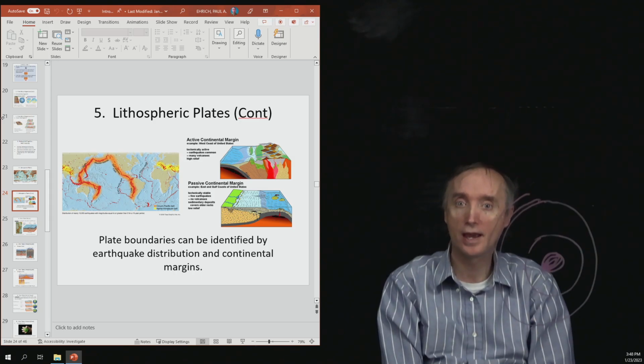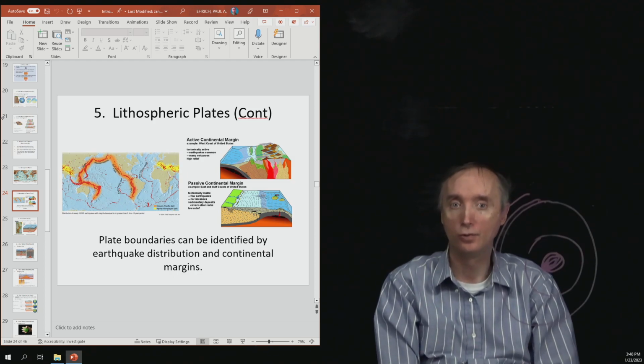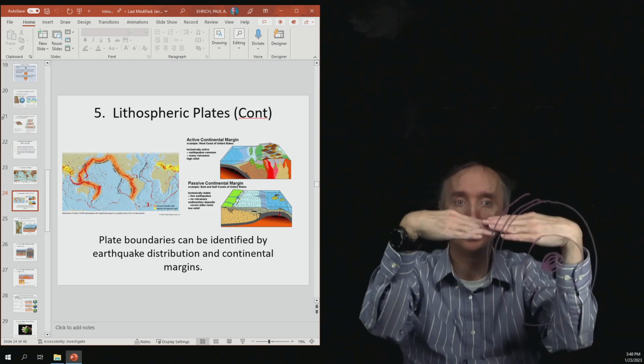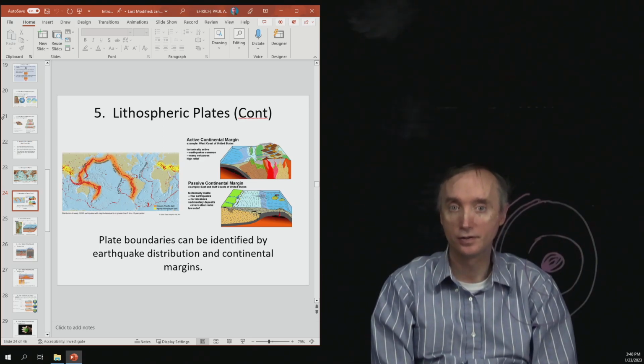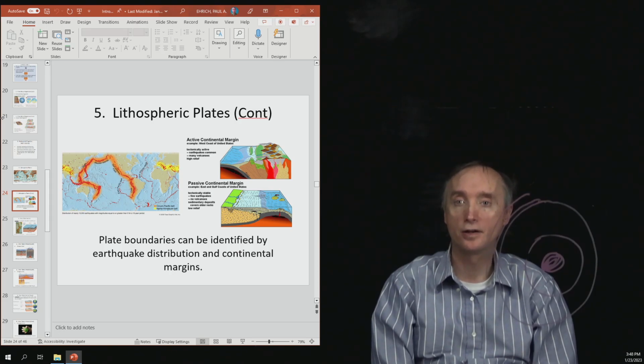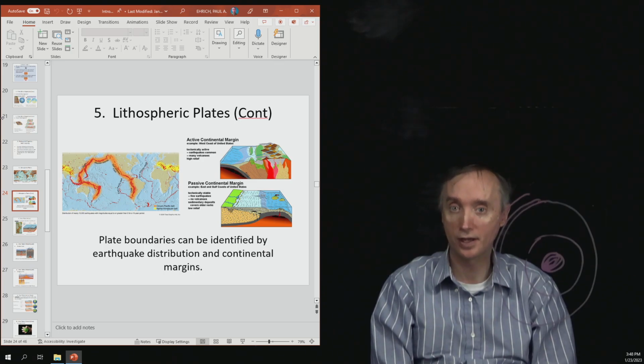If you look at, for example, the western coast of South America, you have the Andes Mountains. That's a plate boundary where two plates are running into each other, causing those mountains to come up. So plate boundaries are normally areas where you have excessive volcanoes, mountains, earthquakes,